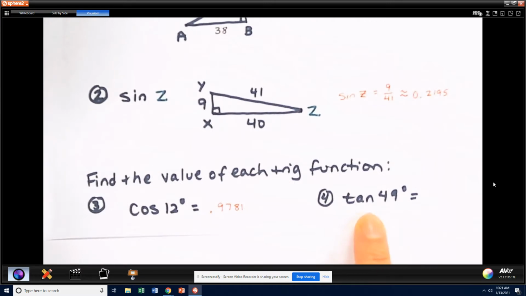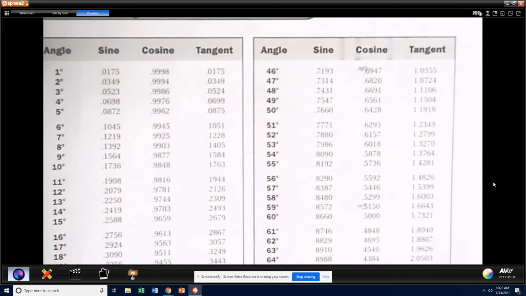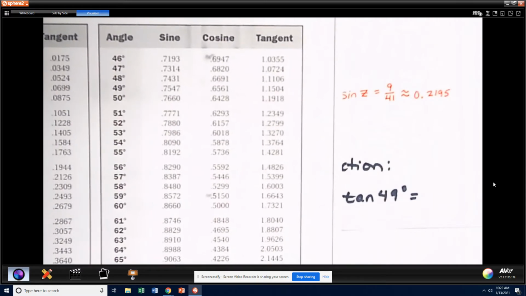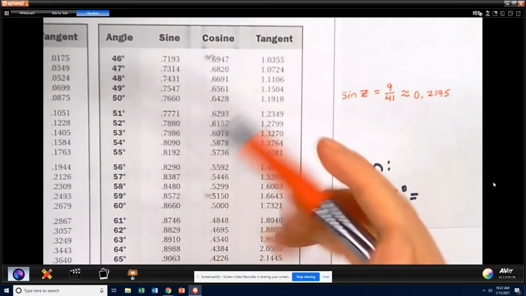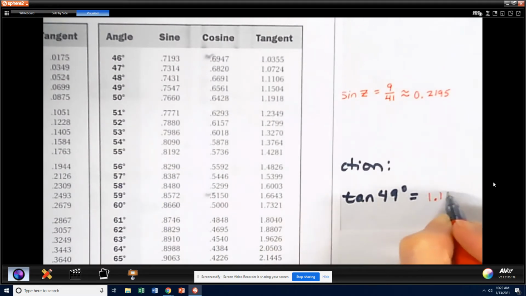Suppose I want to find tangent of 49. Take a moment and see if you can find that on your calculator device. And let's check what answer you got using a trig table. So with a trig table, to find tangent of 49 degrees, I would simply go down to 49 and over to tangent, and I would get 1.15,